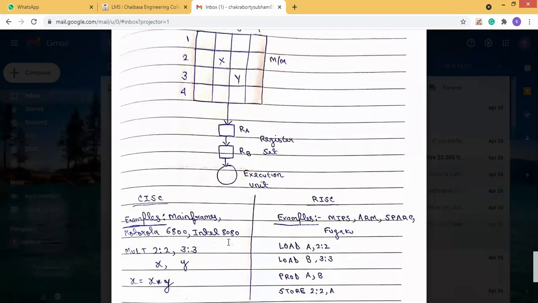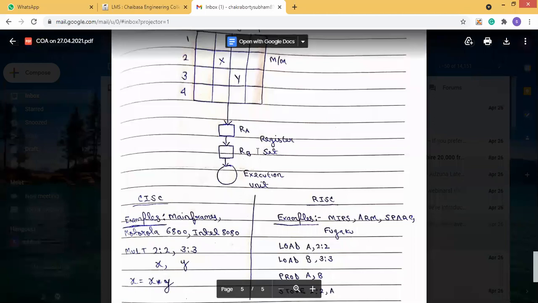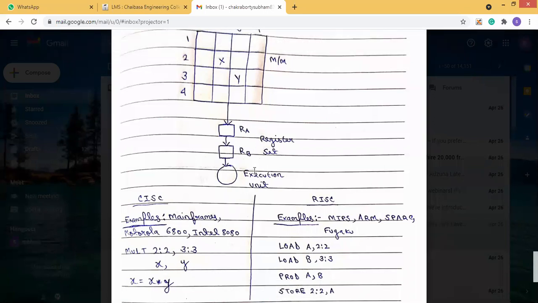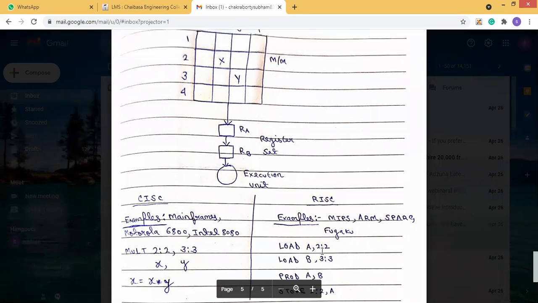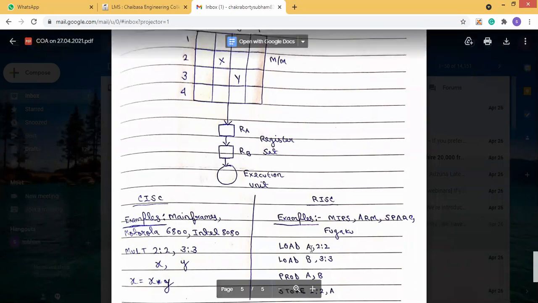That's why, for executing this example, a register set is used in the reduced instruction set computer. So first we have to load this X, the memory location 2x2, into register A. The value that is stored in the 2x2 memory